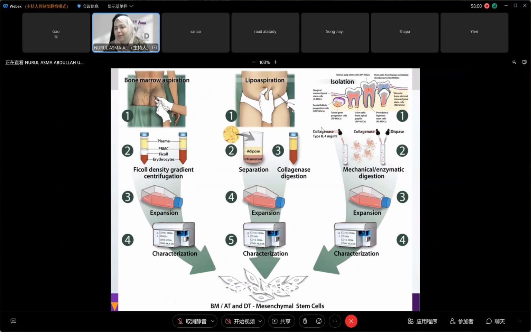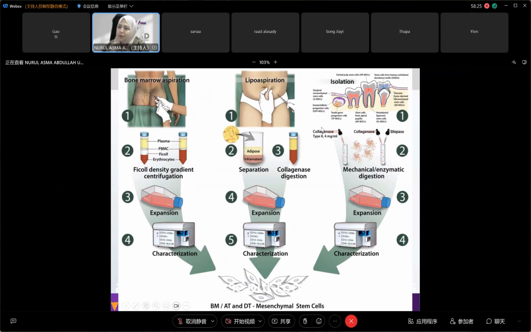You can isolate from the apical papilla here. You can isolate from the periodontal ligament, up a little bit at the ligament, and also from the alveolar bone, from the bone that